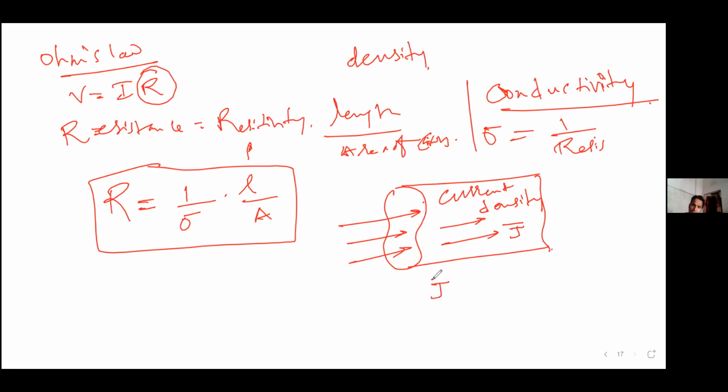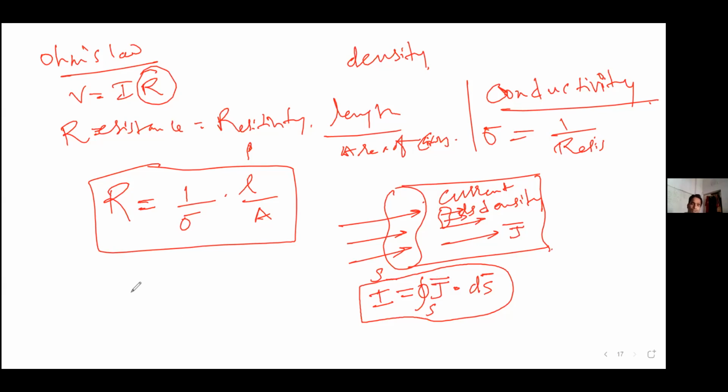If this is a surface S, with surface area S, and I take a small area ds through which J is passing, then J bar dot ds bar, and the surface integral of J bar dot ds bar, gives us the current. This is how we get current. Because current is not uniformly distributed, we use this relation where J is the current density.